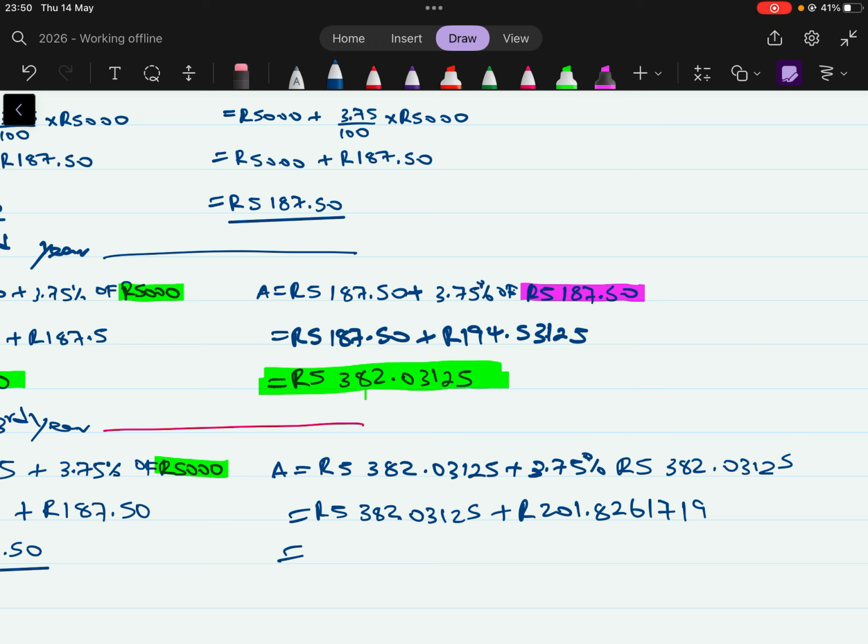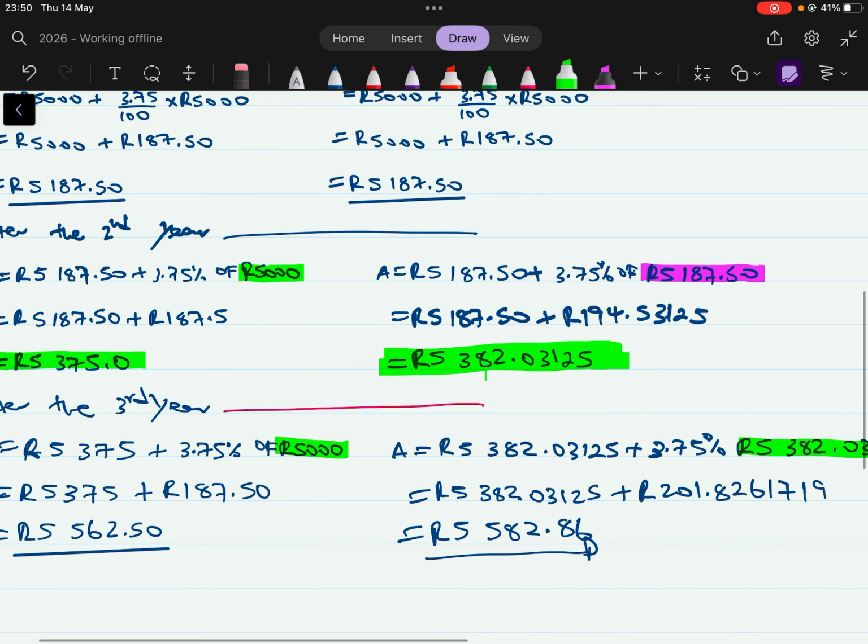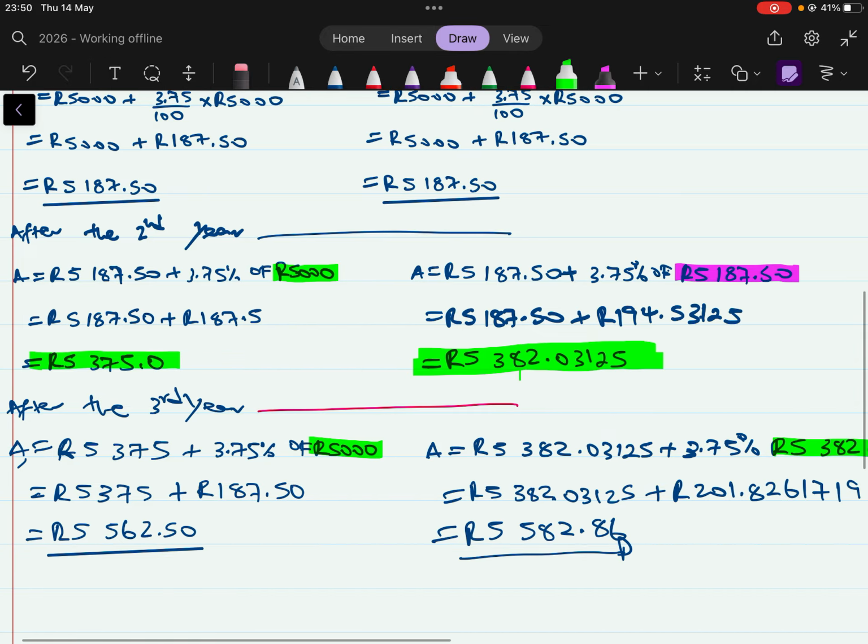5,382.03125. Okay, the total here is 5,582 rand 86 cents. Okay, this is the final answer that we are looking for, and you see the difference in comparison to simple interest. With simple interest, your total accumulated amount at the end of 3 years is 5,562 rand 50 cents. But with compound interest, it's higher, which is higher by,